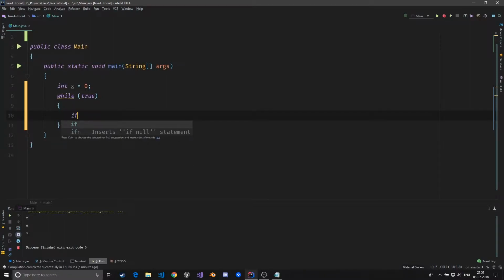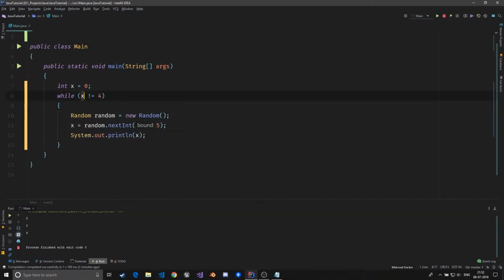Let's just add that thing back. Yeah, and we just do this true, and we can do if x equals 4, so small x,